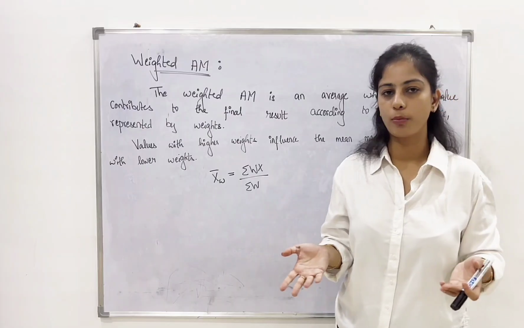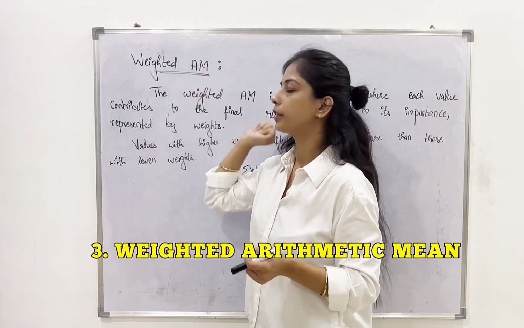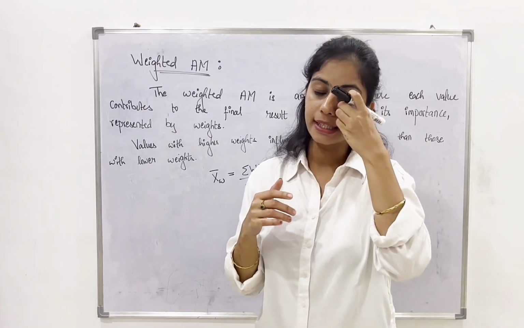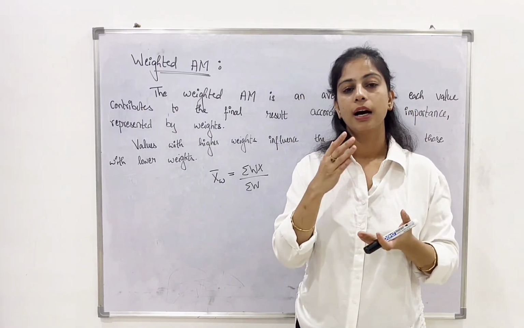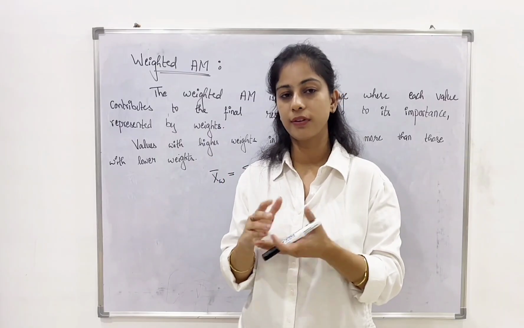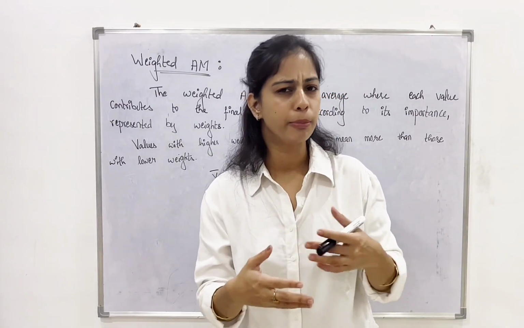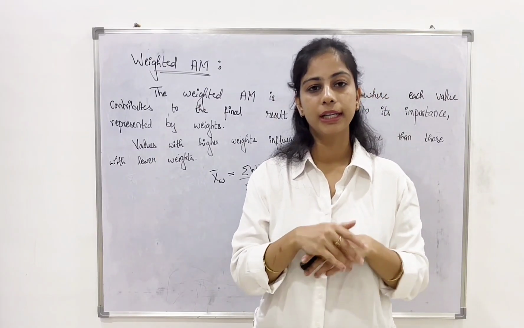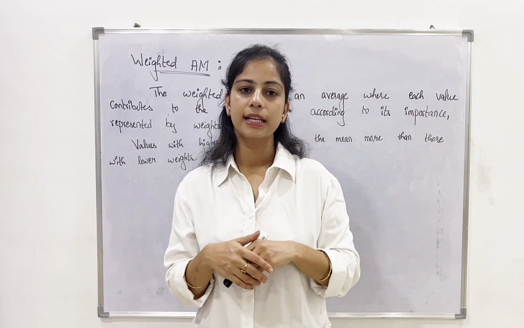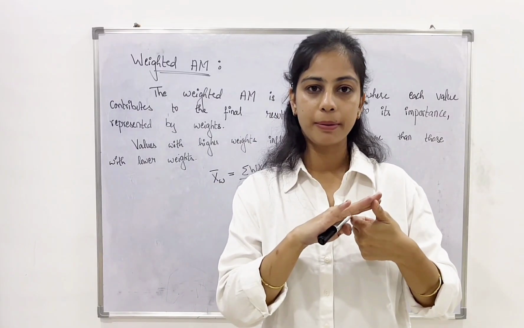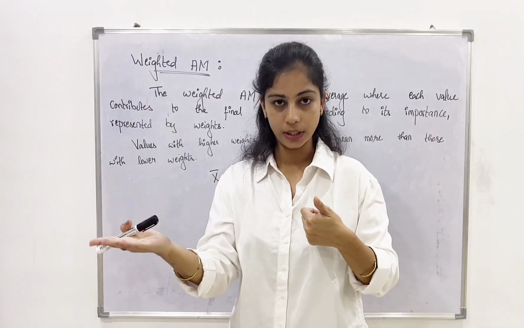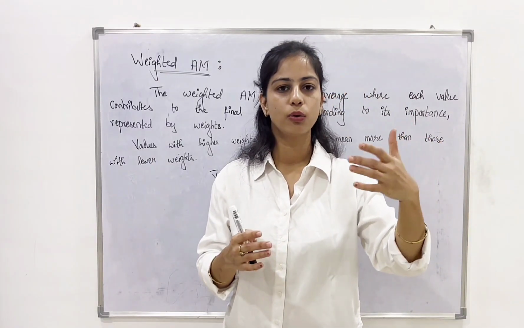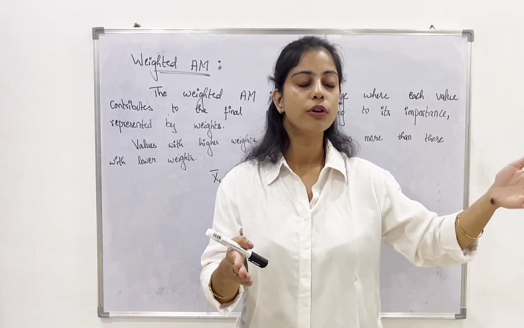Let us look at the next topic of arithmetic mean, which is weighted arithmetic mean. As the name suggests, in weighted arithmetic mean, we give importance based on the data given to us. For example, if you are considering the cost of living for a particular family, for a somewhat middle class family, food might be more important compared to housing and shelter, right? And similarly, it can vary from family to family.